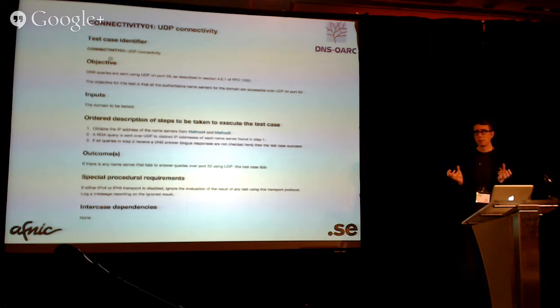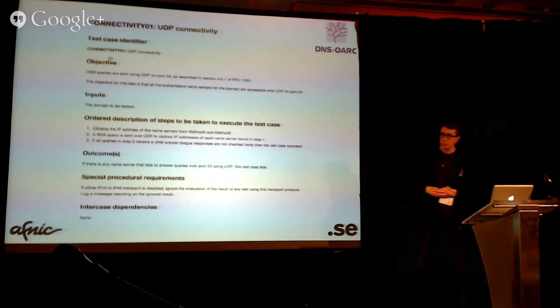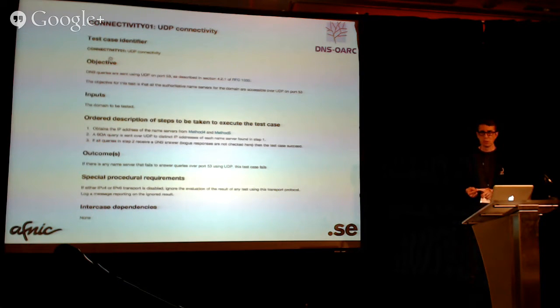So all the test cases are written in isolation. So you can, in this tool, just perform one test, and that should be a complete coverage of this document. So if you look here, you have a reference to method 4 and method 5, which are sort of macros that we use throughout the documents. And those are things that you need to do in almost all of the test cases. So this is, for example, how to obtain the IP addresses for all the name servers listed in the parent and the child. So the objective of this test is to make sure that all the IP addresses can answer